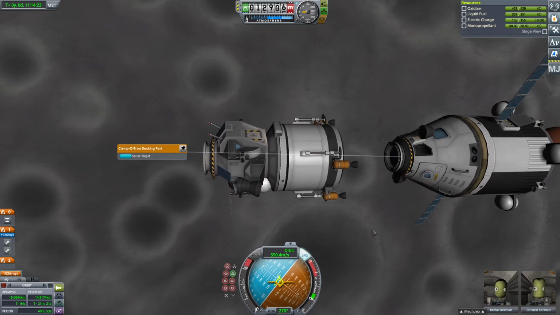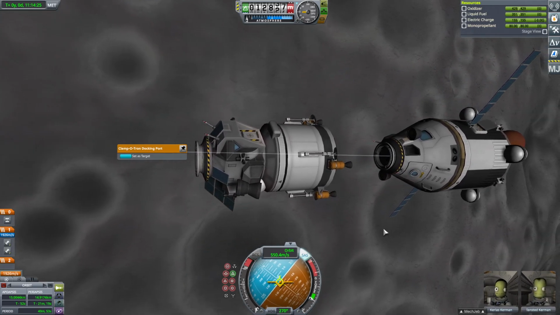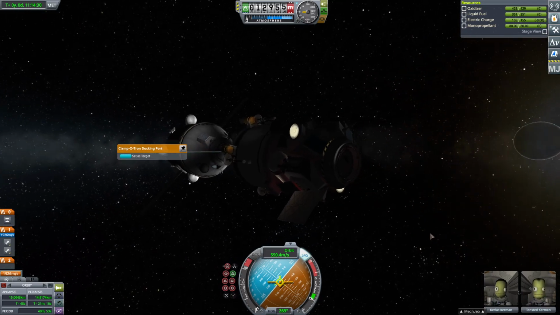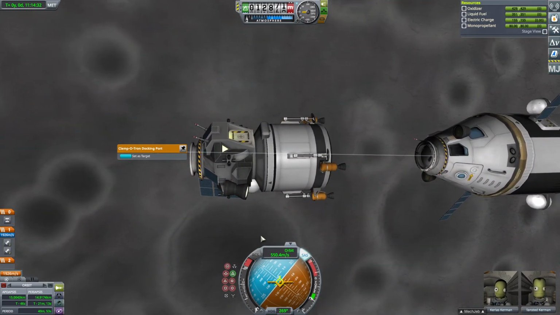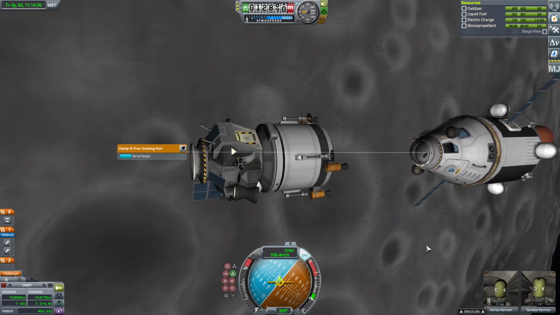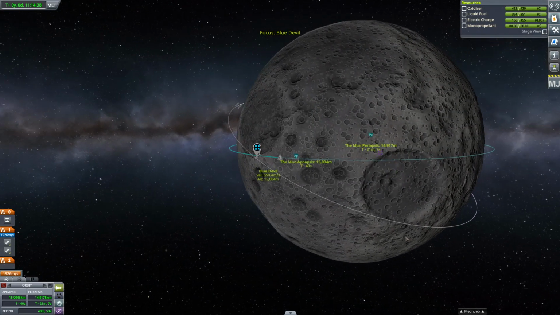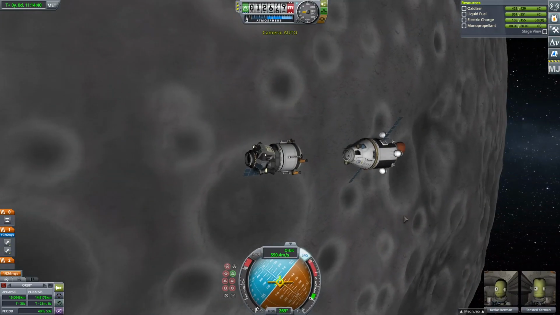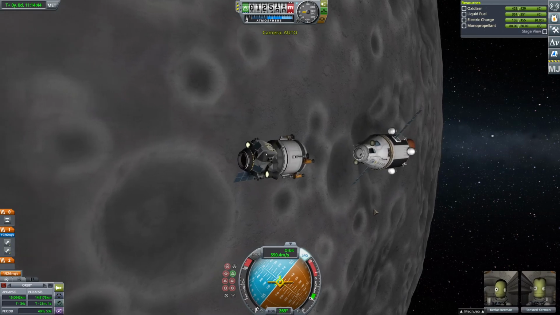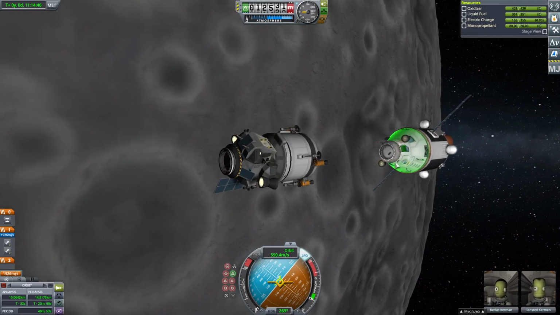It spun around on its own, that's alright. Got some lights on it. And we have our pilot and scientist here, ready to do some science and some flying over the moon. And we will say goodbye to our orbiter